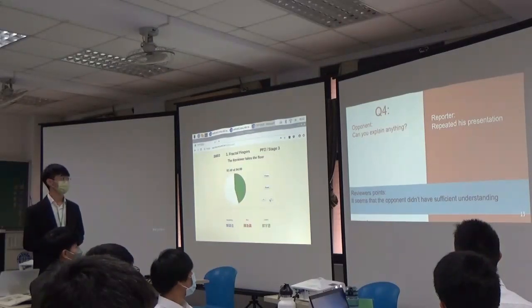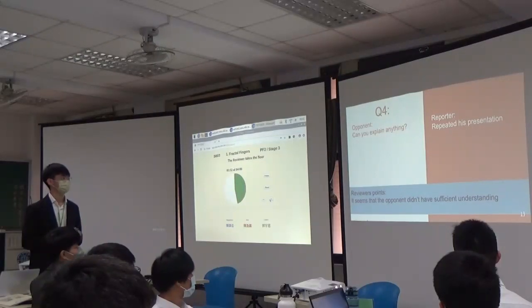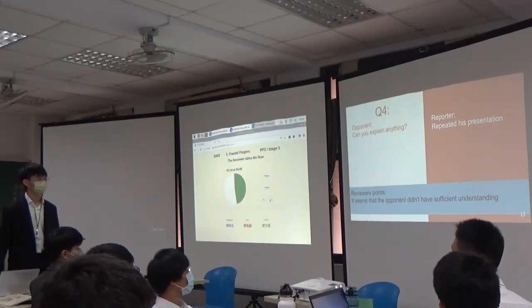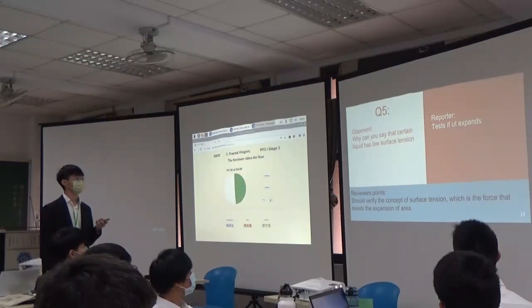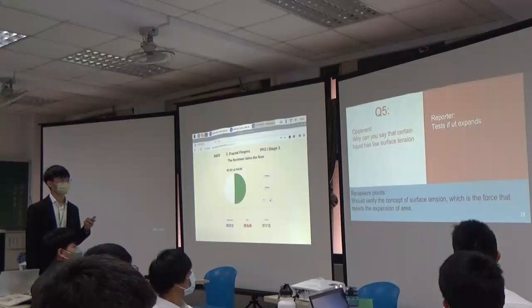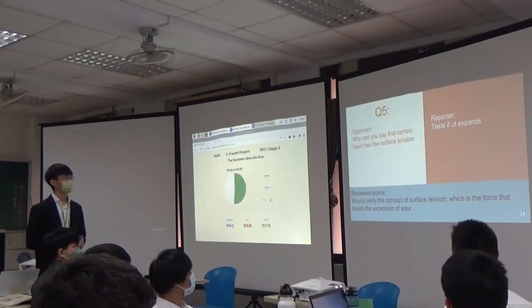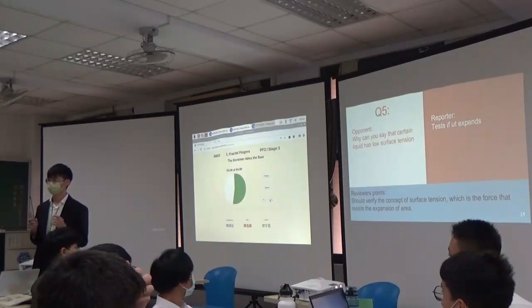The first question is, can you explain anything? Like the reporter just repeated his presentation, and I think the opponent didn't have sufficient understanding. And the fifth question is, why can you say that certain liquid has low surface tension? Reporters say test if it expands. And I think what caused the low surface tension is the evaporation of the alcohol in the